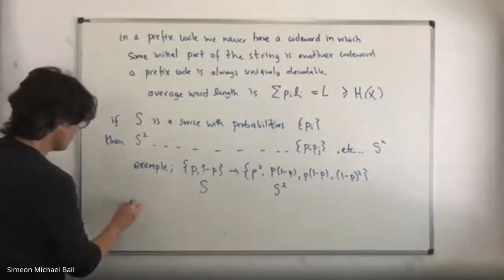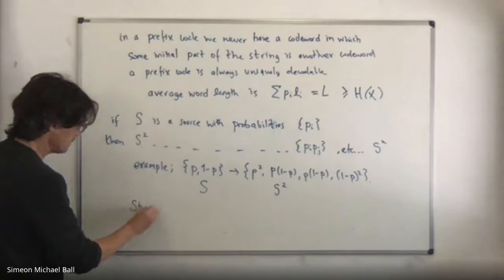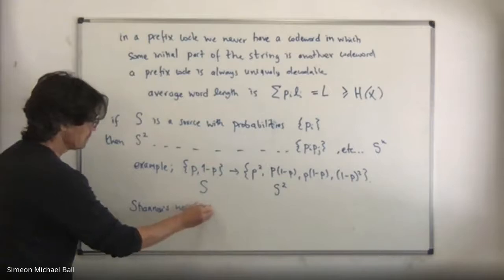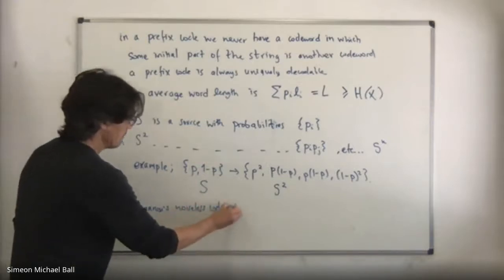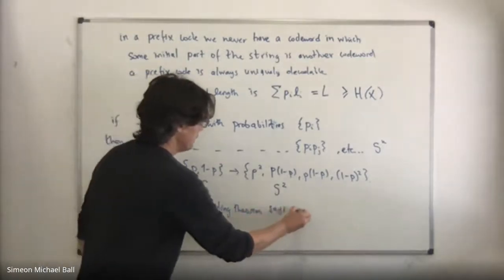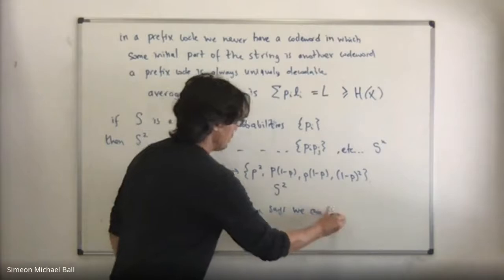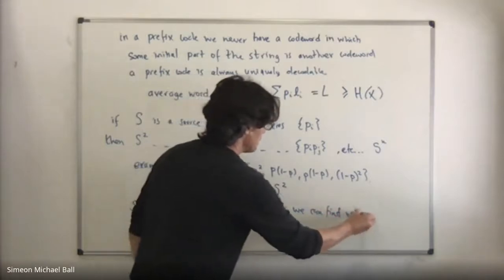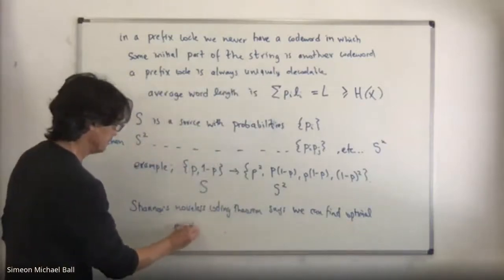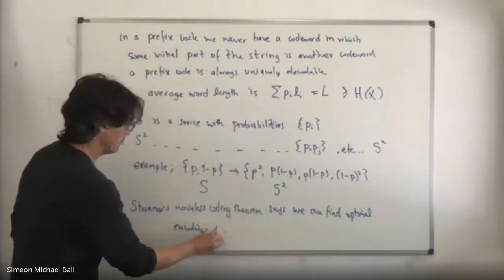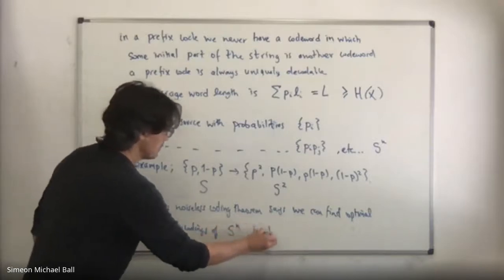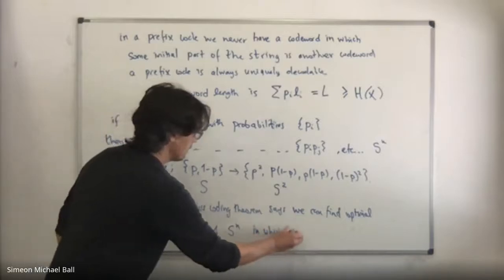And what Shannon's noiseless coding theorem says is we can find optimal encodings of S to the n, in which the average word length